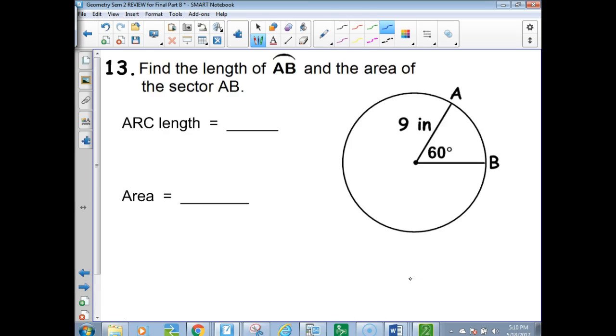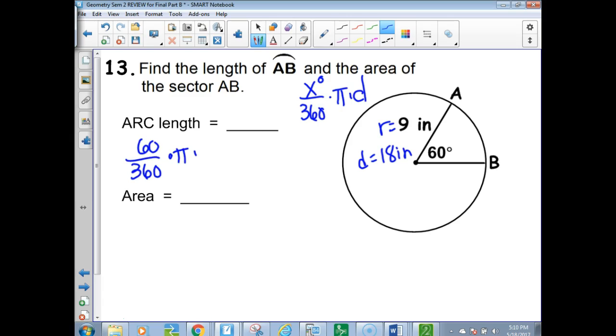To find the length of the arc. Length of an arc is not the same as the measure of the arc. The measure of the arc AB is 60, and we use that in the formula, which says the arc measure, or x degrees out of 360, times the circumference of the circle, which is pi times the diameter. So I look over here and I see that the radius is 9, which means my diameter is 2 times 9, or 18. Then I find the arc length by doing 60 degrees, the measure of the central angle, divided by 360,